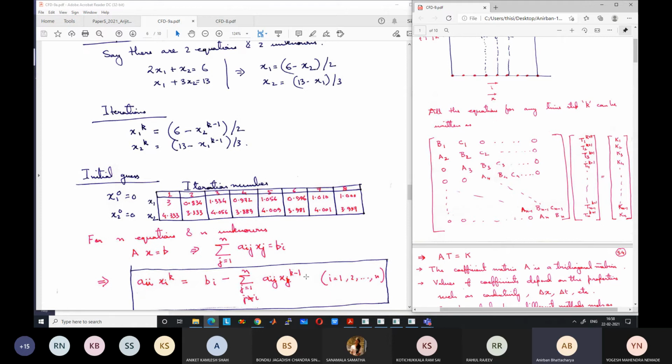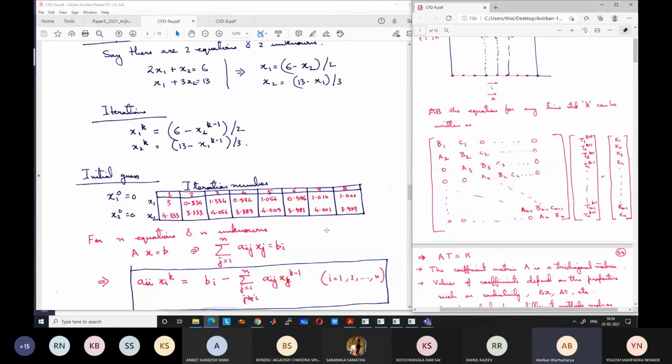Now what will be the iteration process? Each of these equations has n minus 1 unknowns on the right hand side. But I will use known values from the previous iteration, the k minus 1 iteration, like we were doing here, to find the kth iteration value. So from n equations and n unknowns, I will get the n values. Then I will go to the next iteration, k plus 1th iteration. Again, I will use the known values to find the next iteration value and proceed like this.